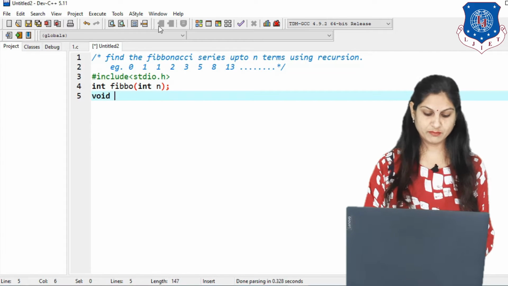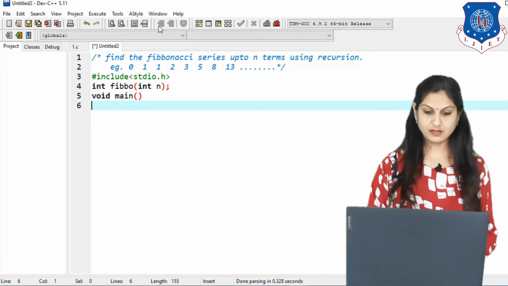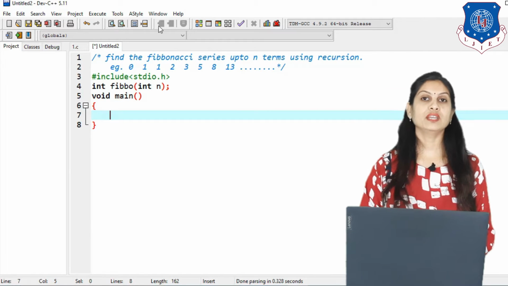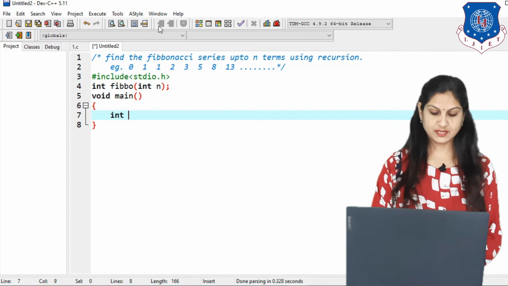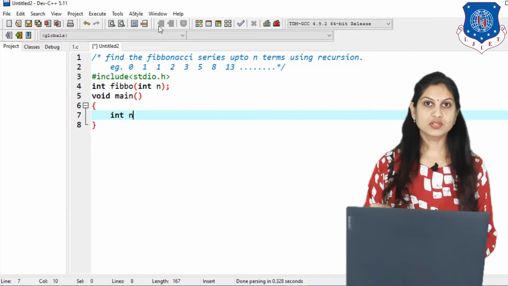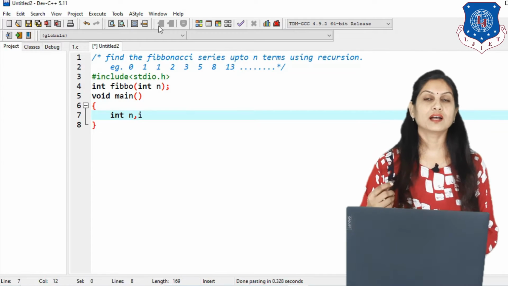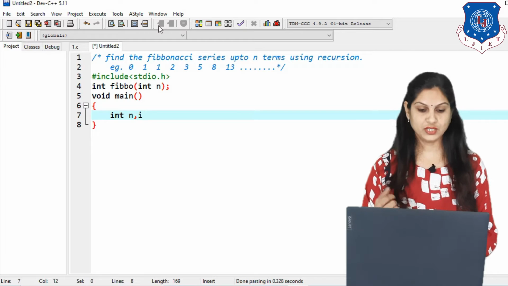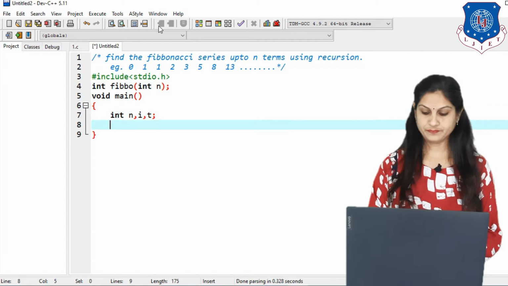Now inside void main we have to call our function. So first write void main, and inside it we need parameters: first our input, integer n, how many numbers you want, then i, because our first element is 0, and third is the return value, t.